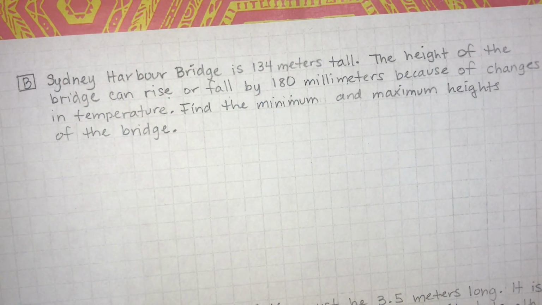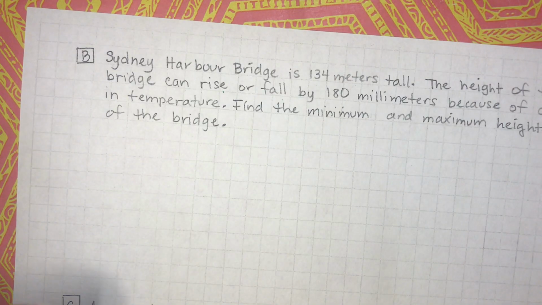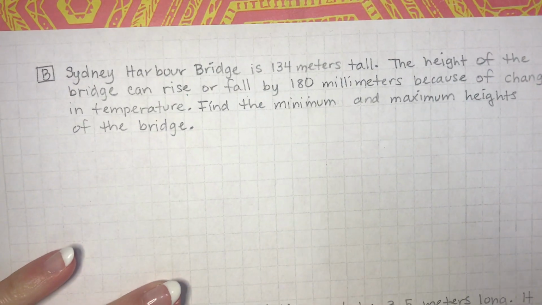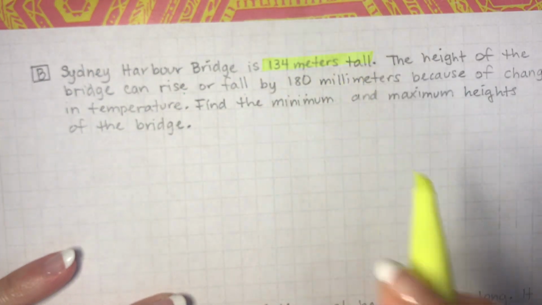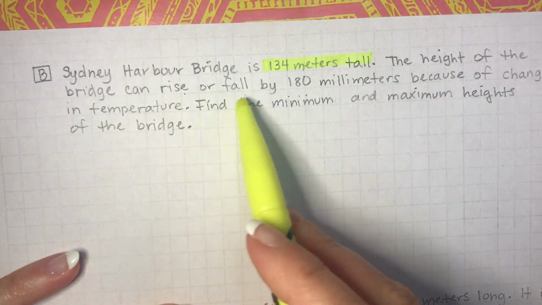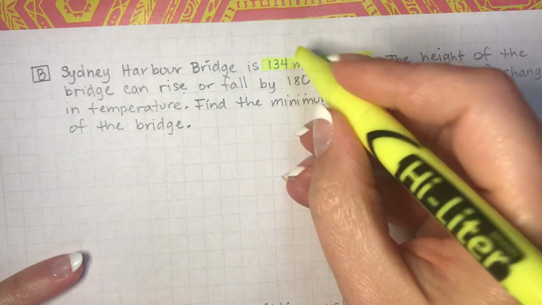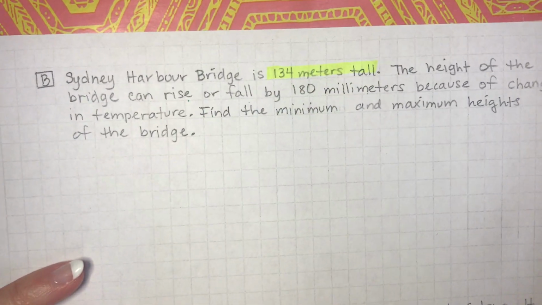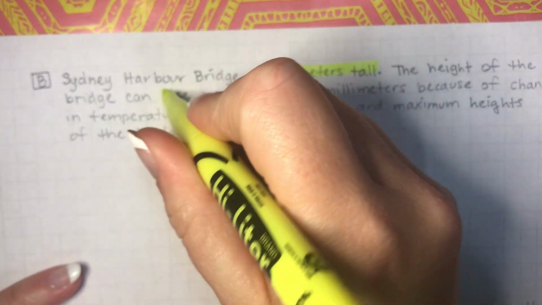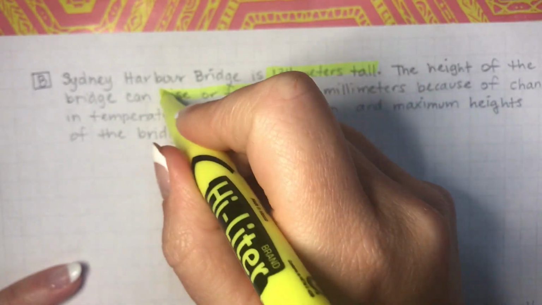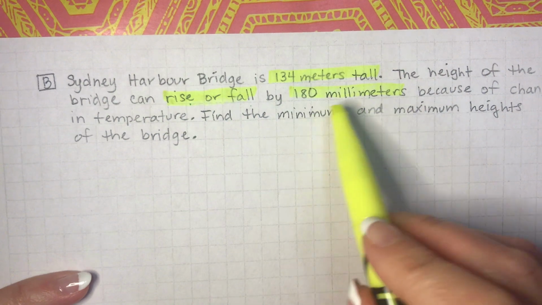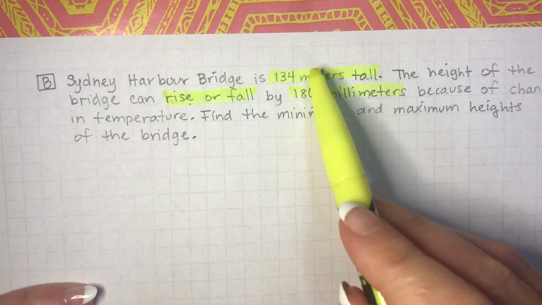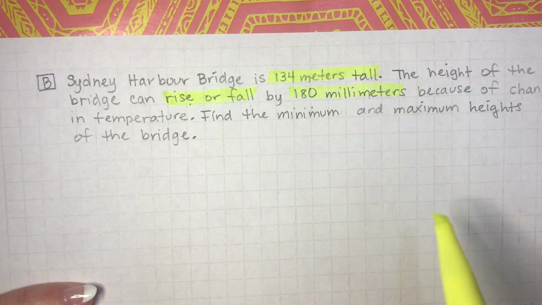Okay, what's the key information? All right, so instead of talking about the length of the bridge, now we're talking about the height of the bridge. Okay, so it's 134 meters tall. The height of the bridge can rise or fall by 180. So we're having that rise and fall thing again, right? Which is kind of like that plus minus thing of 180. So that's the distance that it's rising. And notice again, this is in meters and this is in millimeters, so we're going to have to adjust that